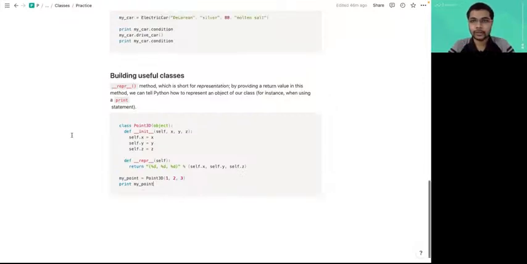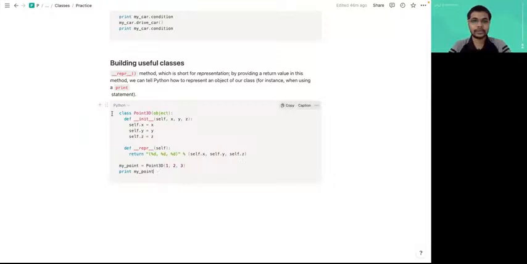So now, building useful classes means, we have seen that whenever we print any particular class, it comes in a particular format, right? So this is called the representation. Now there is a specific method which is underscore repr underscore. This is short for representation. And how this works is,